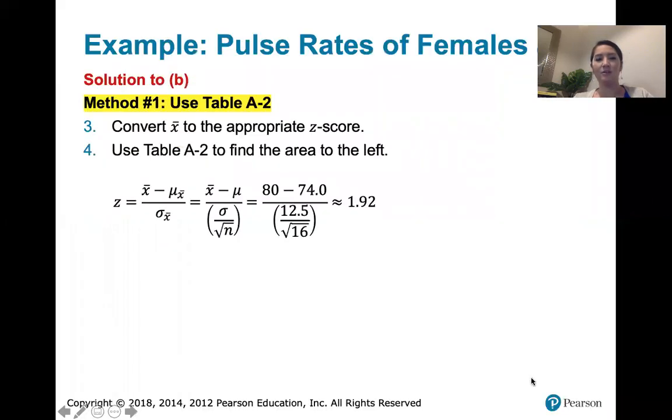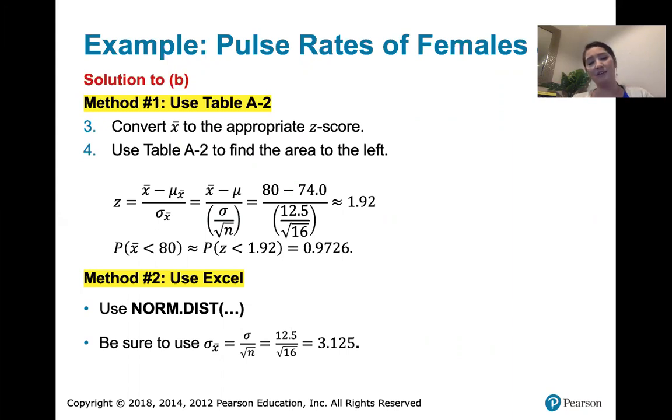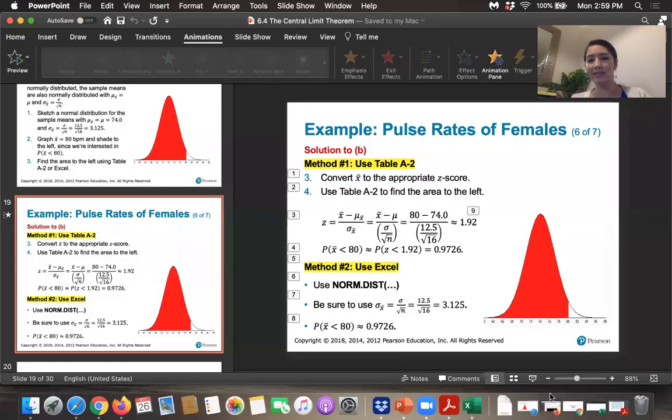Now we can also use Excel. When you use this normal distribution function, they ask you for the mean and standard deviation of the normal distribution that you're talking about. Make sure that you use the standard deviation of the sample means here and not the standard deviation of the original population. If you use 12.5, you're going to get the same answer as you got last time. But since we're talking about sample means, that standard deviation is smaller. It's 3.125. So if I go to Excel